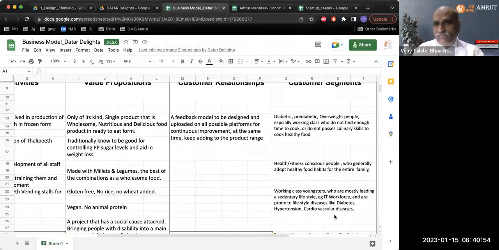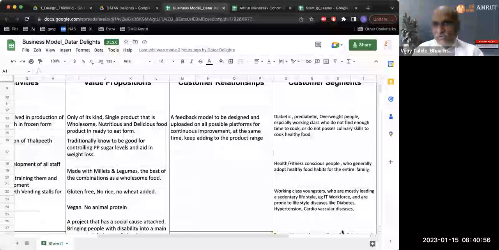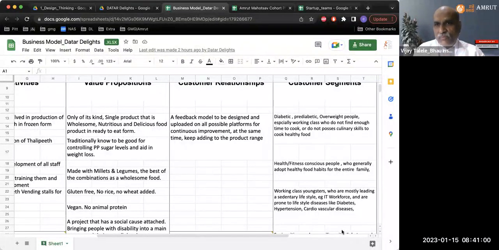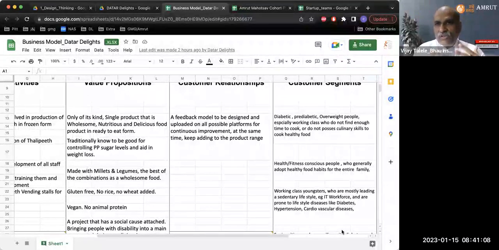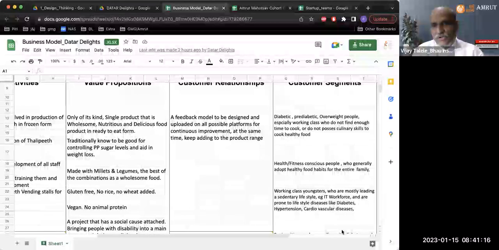So whom you are passing on that value to, or whom you are servicing. So first block you explain the value proposition, second you explain this customer segment, then you talk about the channels, how do you reach out to your customers, then you talk about the relationships, how will you maintain the relationship to the customer throughout your journey of customer, like right from awareness creation to the actual doing a sale and post sales.